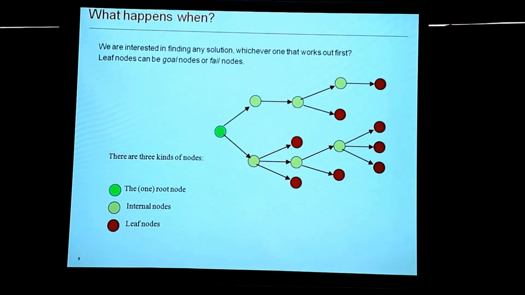Okay, so now the question is what happens when rather than finding all possible solutions, we are interested in finding exactly one solution or maybe at most one solution. So in this case there is no need to compute all the leaf nodes. Whenever you are satisfied with one leaf node, then you just terminate, right? So all the leaf nodes are classified as either good nodes or bad nodes, right? And whenever you search, you start from a root node, and whenever you reach one leaf node which is good enough, you terminate. Right? So that's the idea for backtracking.